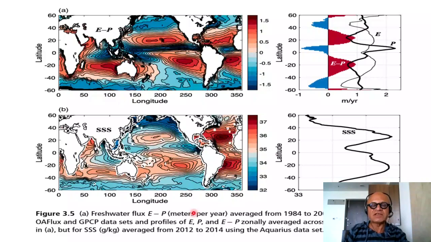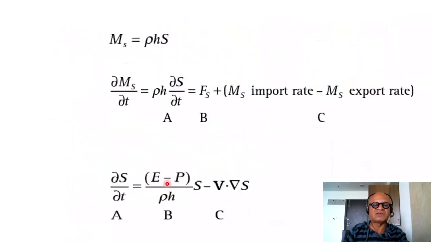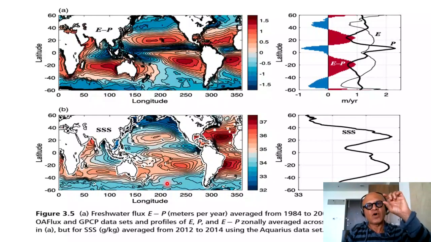Here is freshwater flux, E minus P, in meters per year, so you can use these units and convince yourself that E minus P can be either, obviously, in kilograms per meter squared per second, or you can convert it to a meter per second in terms of the amount of water. Like rainfall we measure in millimeters per day, right? So it's a similar thing here. Meters per year, averaged from 1984 to 2009 using the OAFlux and GPCP, which is the Global Precipitation Climatology Project data sets,